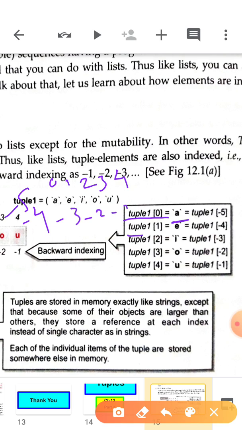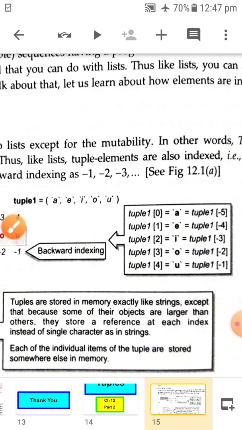Tuple1 is the name of the tuple. At position 1 and -4 you have e. At position 2 and -3 you have i. At 3 and -2 you have o. At 4 and -1 you have u.